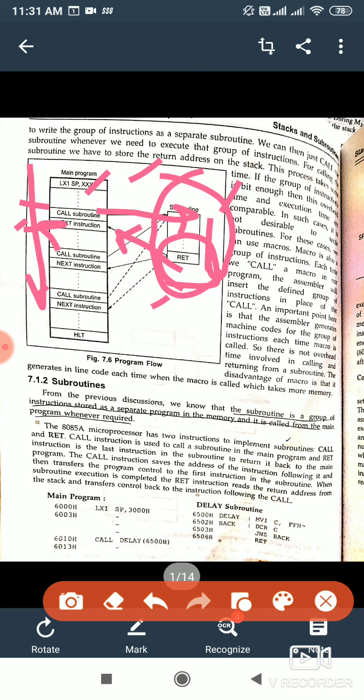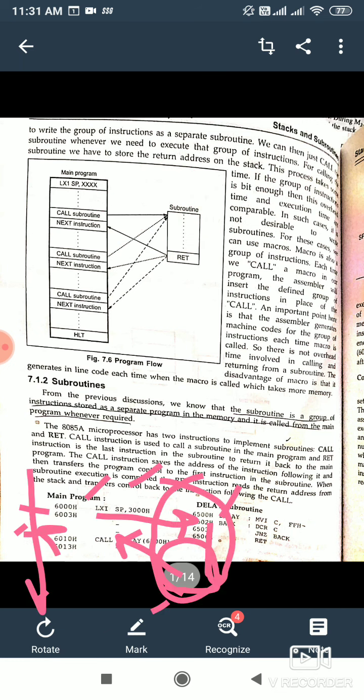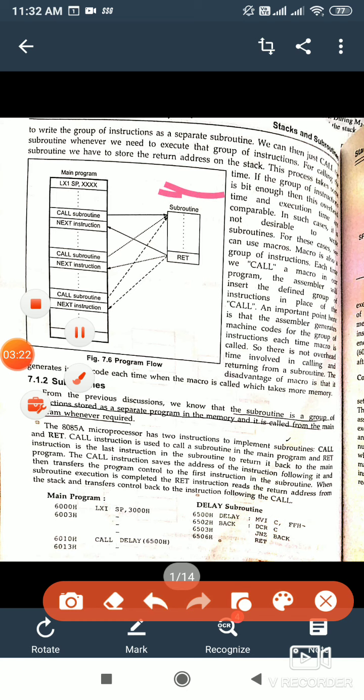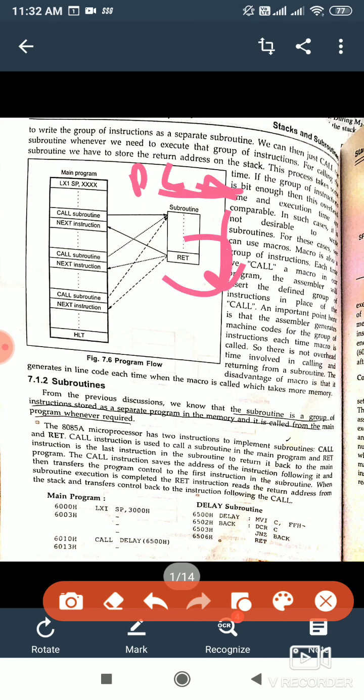So we can use a subroutine as many times as we want in our main program just by using a call instruction. Whenever we use a call instruction, it has to save the program counter content, and after saving it, it will load the program counter with the new subroutine address. Execution is then done, and whenever we have to end the subroutine, we use the return instruction.